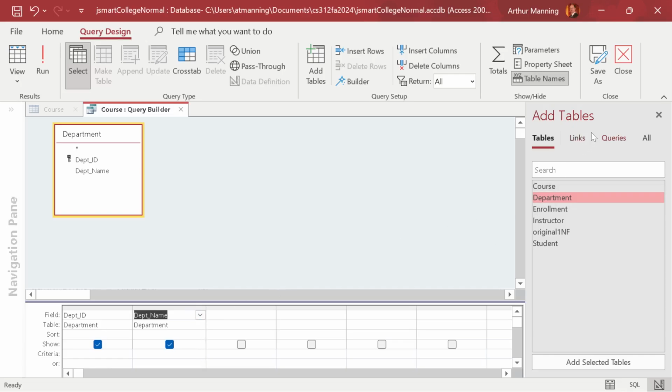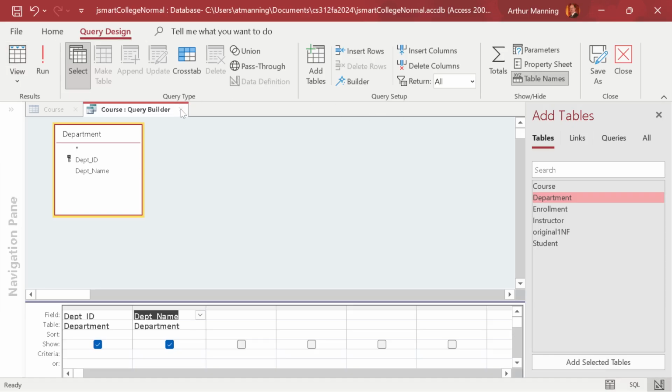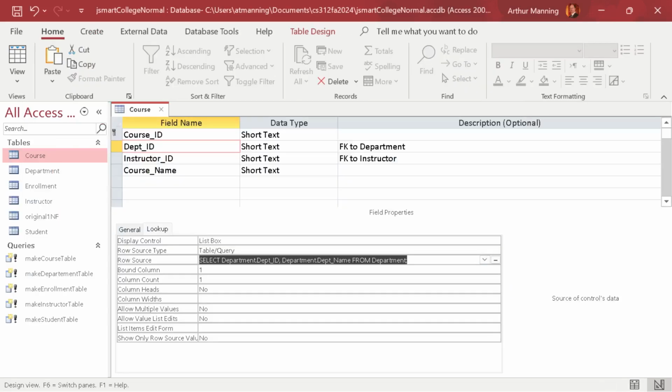And then I can close this query because I made the query. I could see what it's going to give me. There's my list of departments. And close that query, and the query builder now will build that statement, which is my row source. Oh, and it's only giving me a column count of 1. Let's change that column count to 2. And the column width to be,